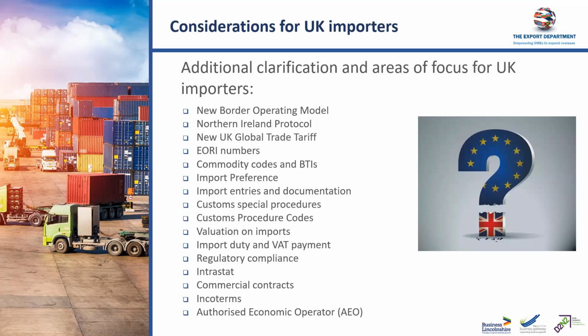We'll talk a little bit about import preference, so where you can import goods at a reduced or zero rate of duty. Talk about entries and documentation, a little bit about special procedures and how you can, perhaps in certain circumstances, get relief on duty or VAT, or perhaps suspend that duty or VAT depending on the circumstances that you're importing those goods. We'll talk a little bit about valuation, which I touched on earlier, import duty and VAT, and regulatory compliance,